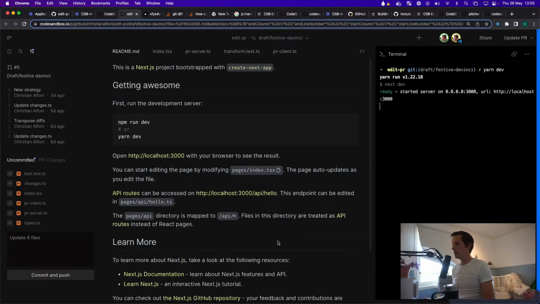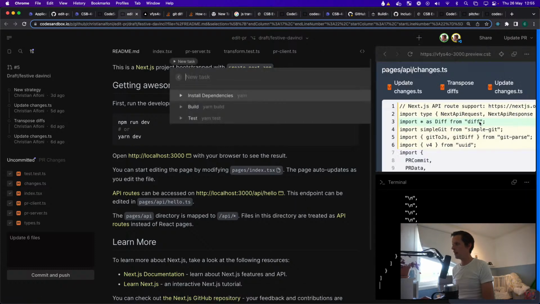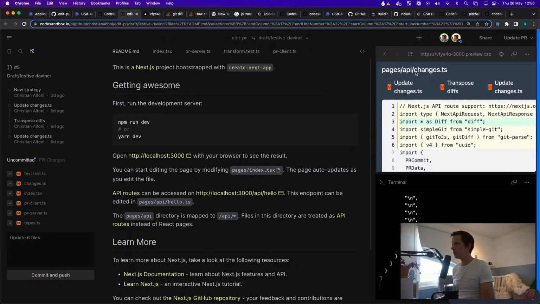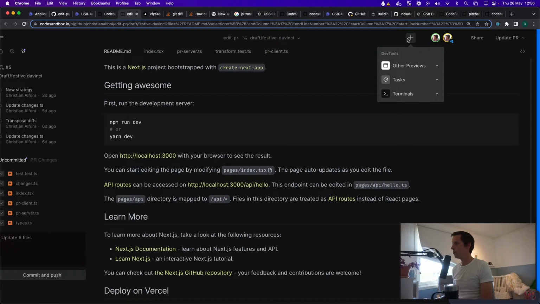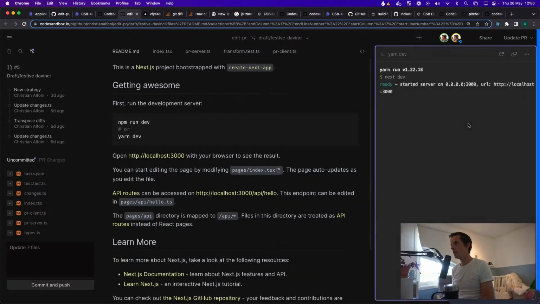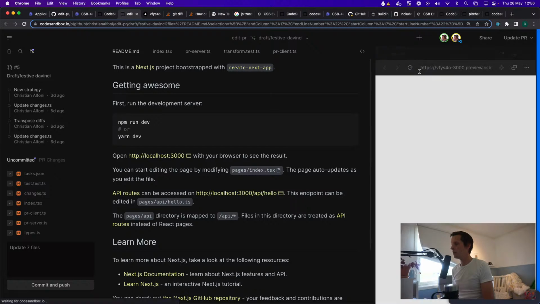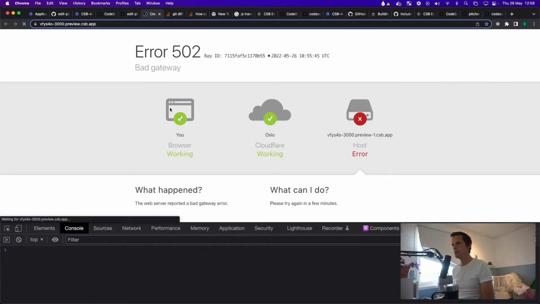I should really add this task. Maybe we should try doing that now because I had an issue with adding tasks. So I want to do yarn dev. Oh, and I have to run it as well. I didn't actually want to run it. Okay, let's try closing this. Let's see if this is working now. So let's add a yarn dev. There we go. And hopefully that's actually in there now. Anyways,